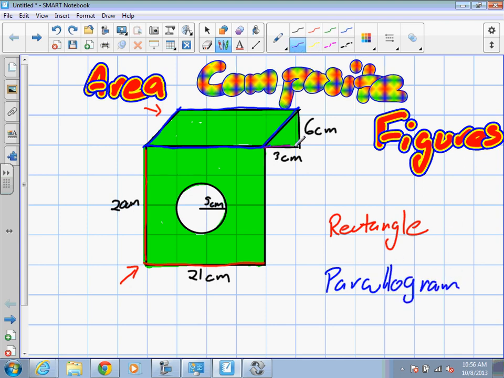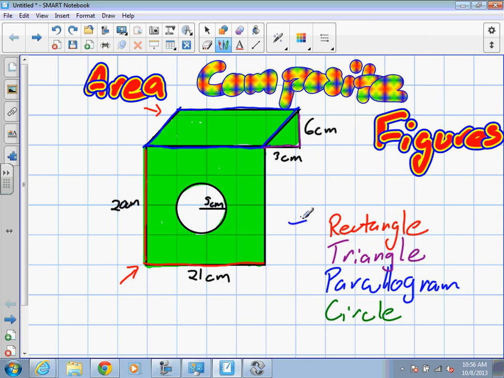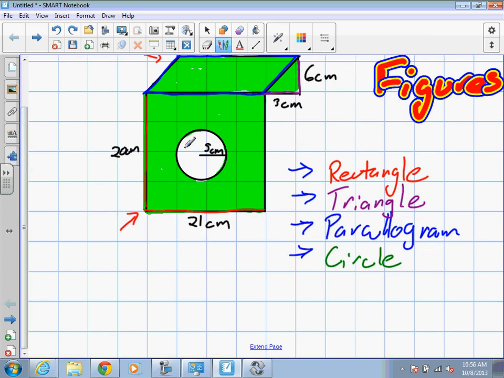What about this thing here? Okay, we have a triangle. A right angle triangle. That's right, it is a right angle triangle. And finally, what's in the middle? That's right, we have a circle. Okay, so we have 1, 2, 3, 4 different shapes, which means we need to know the area formula